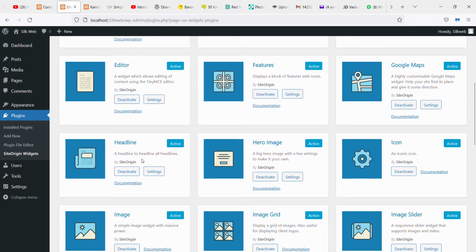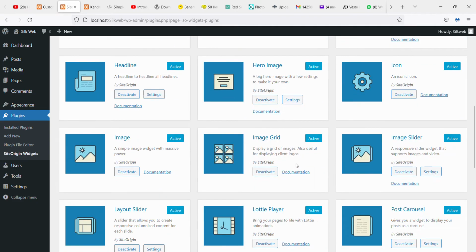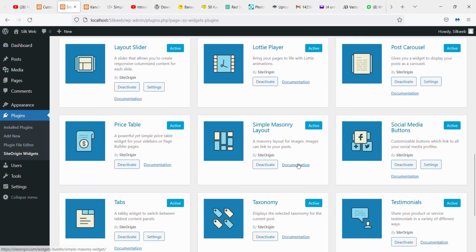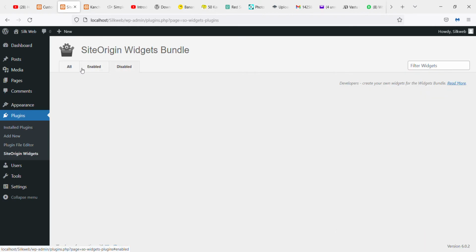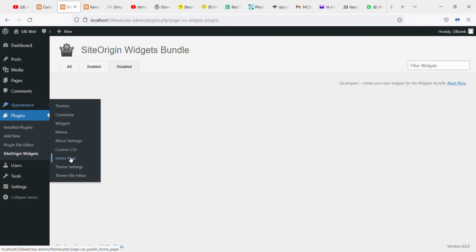So we have a headline here, we can also use that. As we have activated everything, we can go and proceed. We'll go to appearance homepage again,